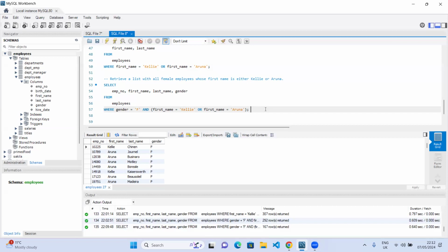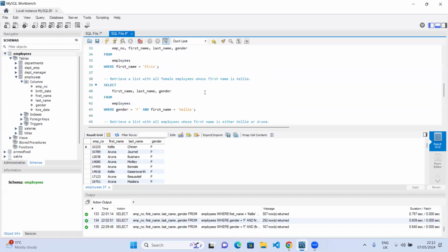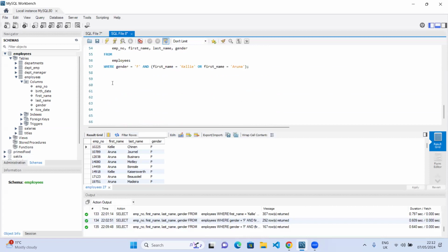First name. Okay, so now somebody says, do we have an IN operator? Yes, we have an IN operator. So imagine that situation where we have, let me go and pick it, this one. A situation where we have first name equals this or this, and then we have another OR